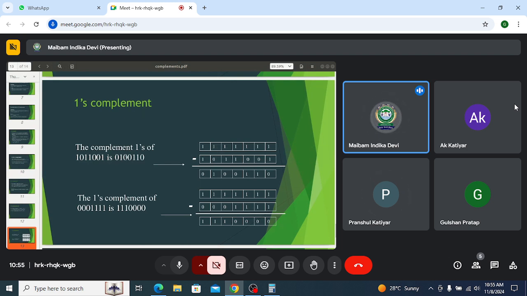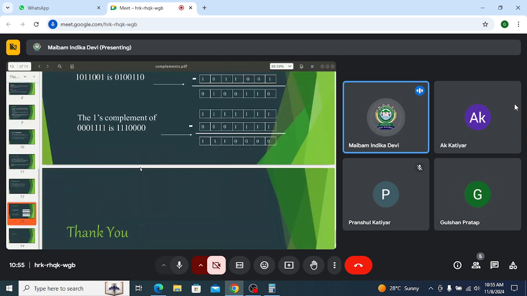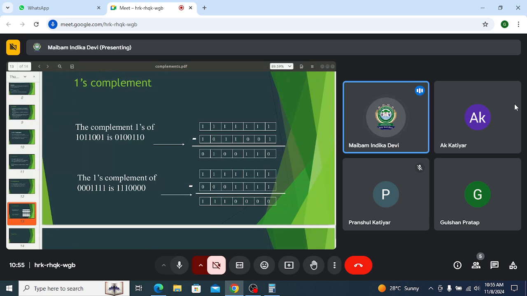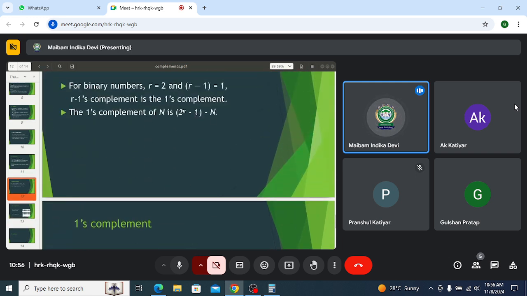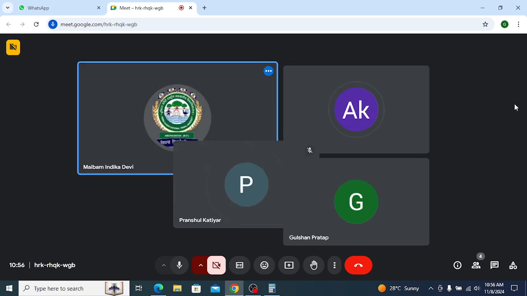So here we have how many digits? 1 2 3 4 5 6 7. So you are going to subtract each of these digits from 1111111. I will tell you a simple example of how to find the 1's complement. You can perform normal subtraction: 1 minus 1 is 0, 1 minus 0 is 1, 1 minus 0 is 1. You just apply the formula. You can do it like this. Another simpler method to find the 1's complement is